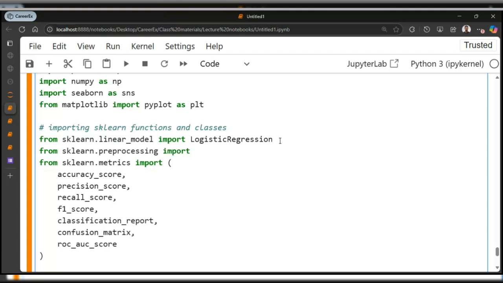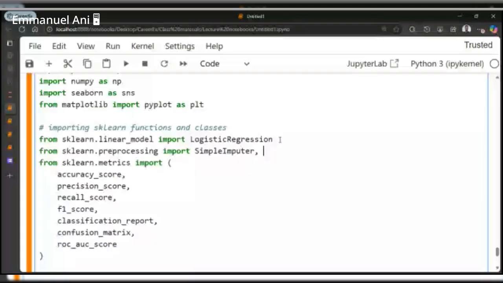We're going to be using SimpleImputer, let's say LabelEncoder, and OneHotEncoder.